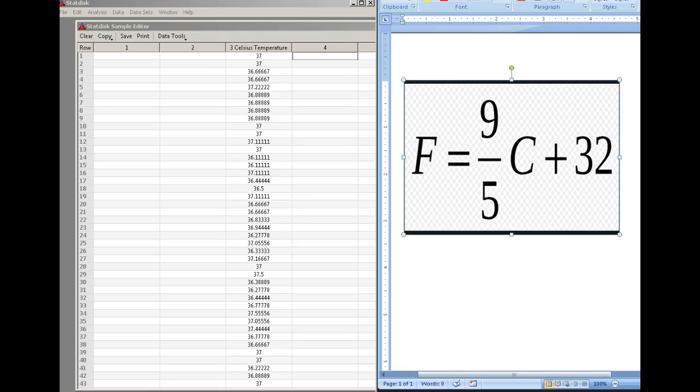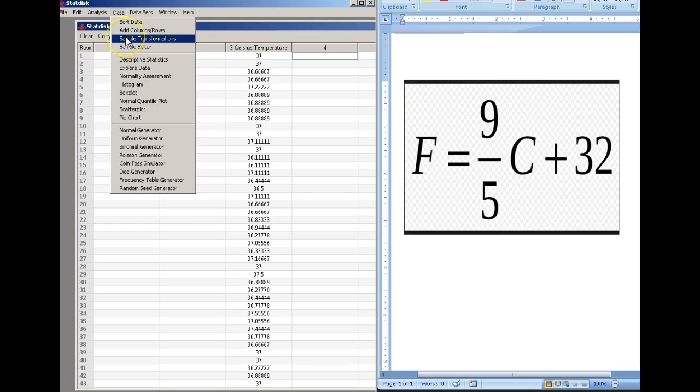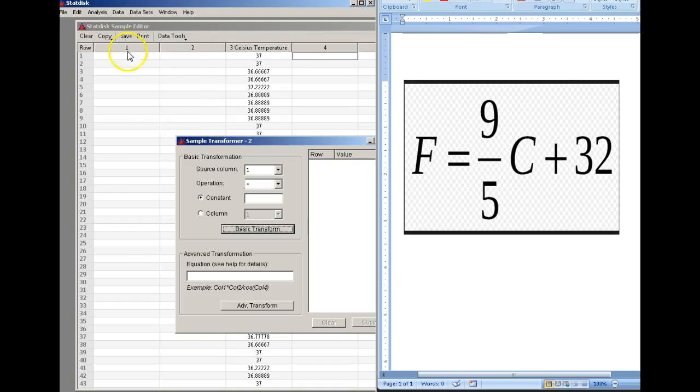Let's take a quick look at how we can use the Advanced Transformation tool in Statdisk to convert a column of temperatures that are in Celsius over to Fahrenheit. We're going to need to go into Data and come down and select Sample Transformations. Now over here I've given you the Fahrenheit formula when we have Celsius temperatures, so that's the formula that we're